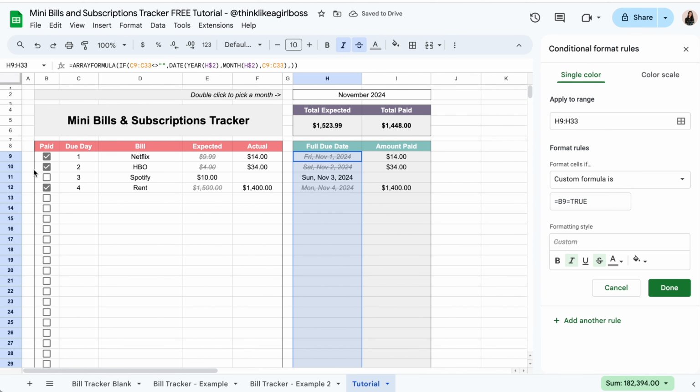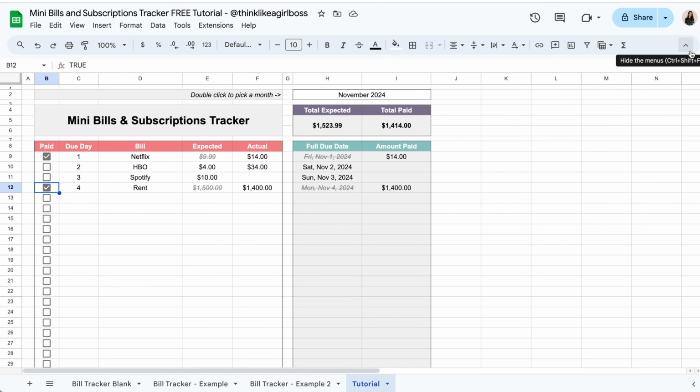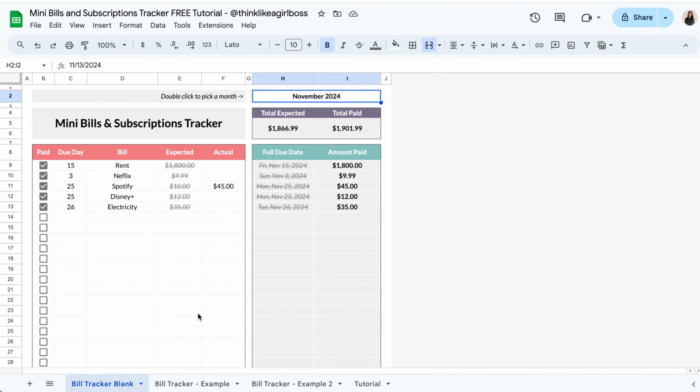So as you can see, it is now working properly. Whenever you check a box, the expected amount is scratched and the full due date is also scratched. So if that's working properly, we can go ahead and click on Done, and we can close this. So now all of our formulas are working properly, our scratching effect is working properly, and the last thing we're going to do is add the final touches so that we can go from this to something that looks like